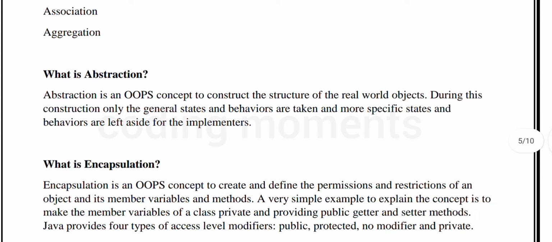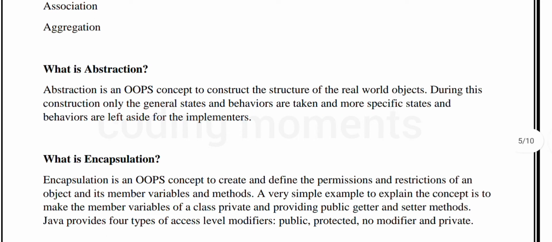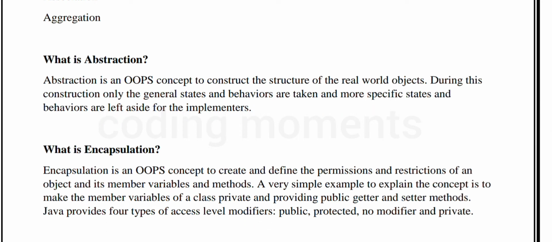What is abstraction? Abstraction is an OOPS concept to construct the structure of the real world objects. During this construction, only the general states and behaviors are taken and more specific states and behavior are left aside for the implementer. What is encapsulation? Encapsulation is an OOPS concept to create and define the permission and restriction of an object